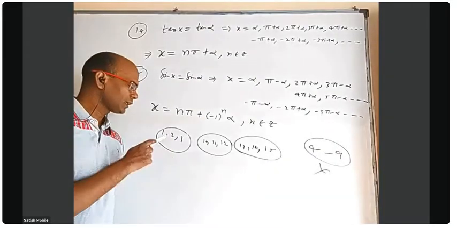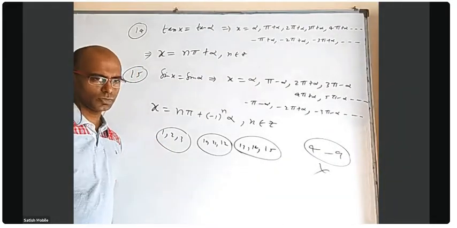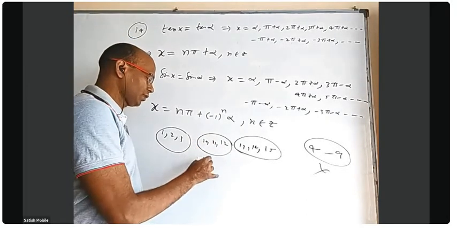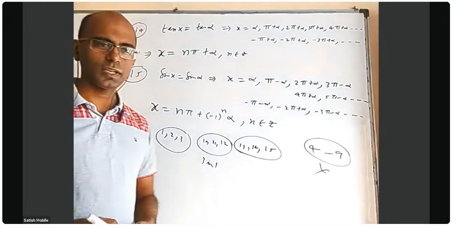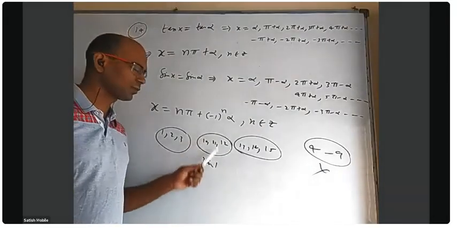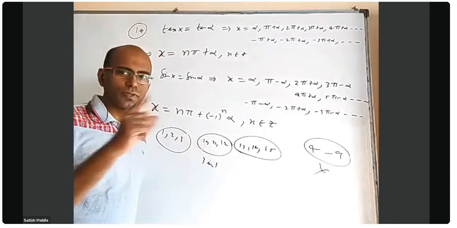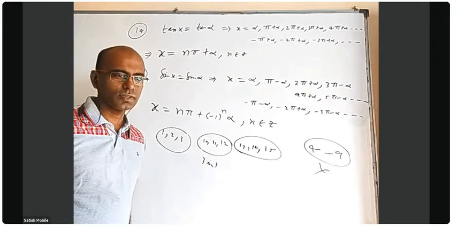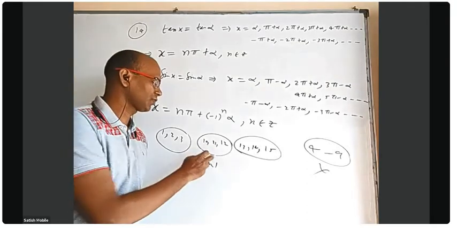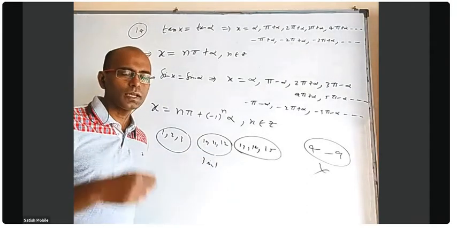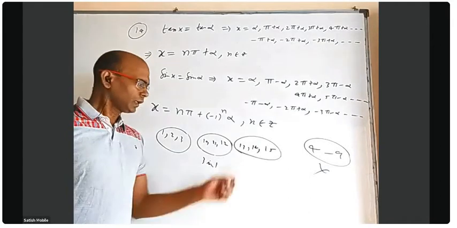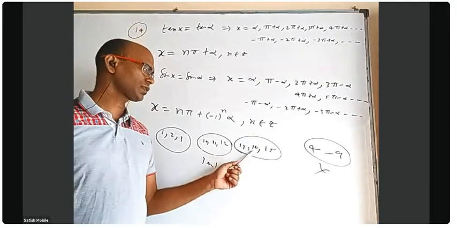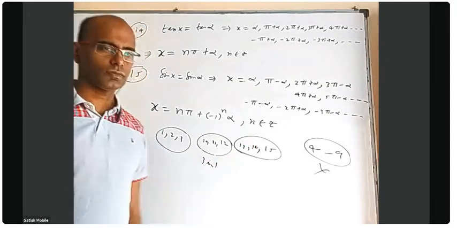First 3 formulas are for sin x equal to 0, cos x equal to 0, tan x equal to 0. These 3, all of them, 3 in 1. You see in marketing some advertisements, 2 in 1, 3 in 1, like that. In formulas also we have a 3 in 1 formula. For all 3 questions, only one formula. Whether you take sin square x equal to sin square alpha, cos square x equal to cos square alpha, or tan square x equal to tan square alpha, there is only one formula, which is x equal to n pi plus or minus alpha. These are 3 different things: cos x equal to cos alpha, sin x equal to sin alpha, tan x equal to tan alpha.